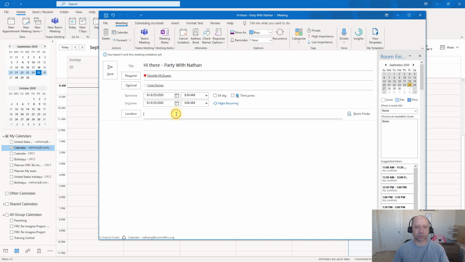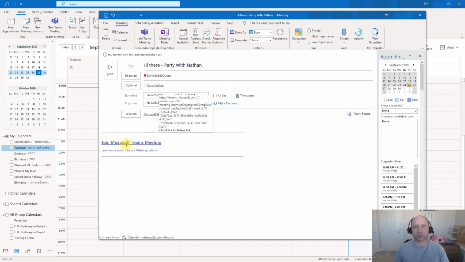When we come down here to location, there's an easy and simple way. If you have Teams already downloaded and installed on your computer, you'll have this Teams meeting icon here. Just one click and it puts the location as the Teams meeting, and it also puts the link that you'll need to utilize, and your attendees will click on to join the Teams meeting. This is a really simple way to create a video conference meeting without having to go in, log into Zoom, and copy the link and put it in here. So I'd highly recommend that you utilize that functionality. Now I would just send this and of course get the responses back from the parties as to whether or